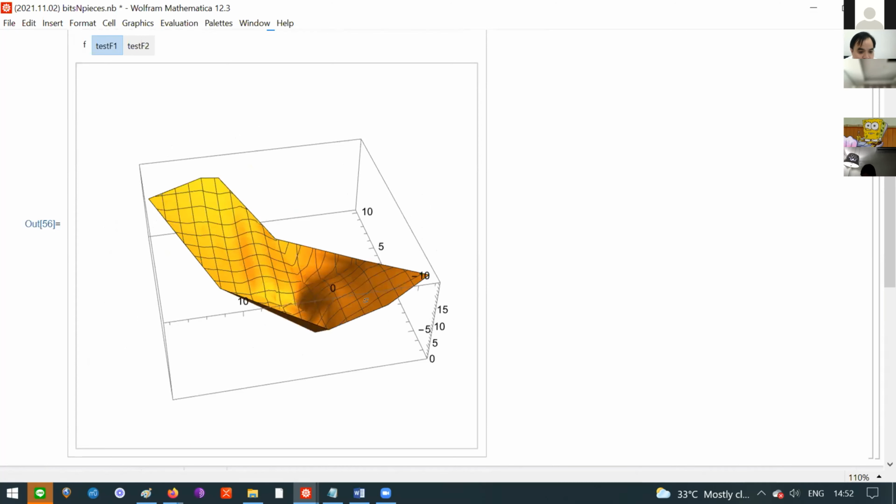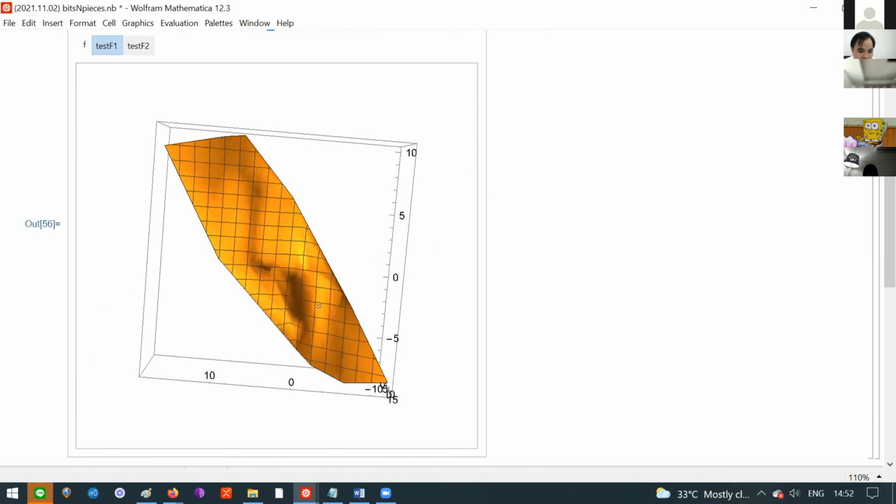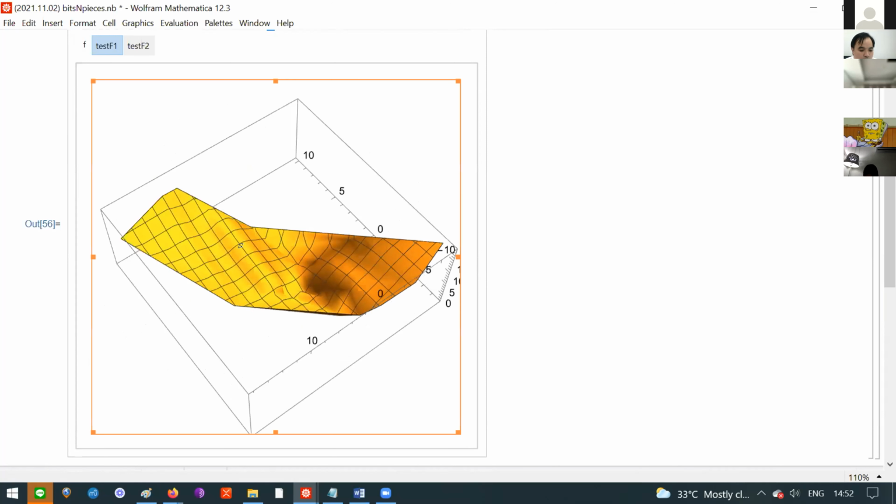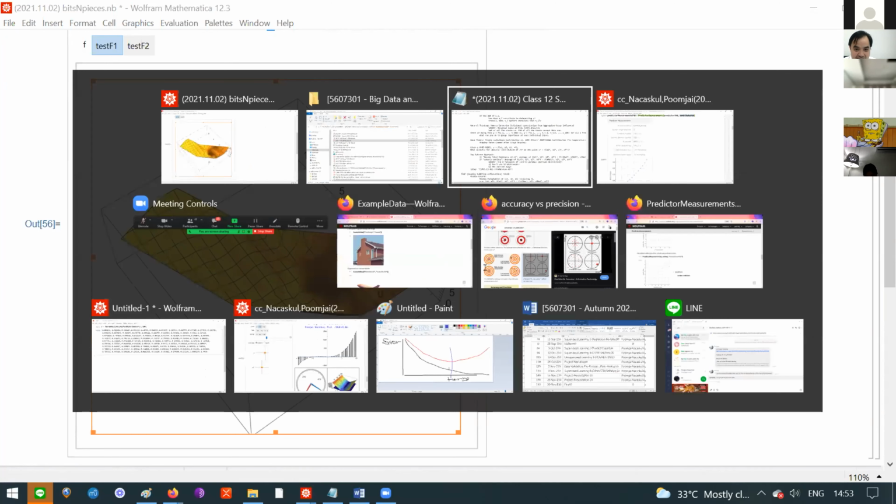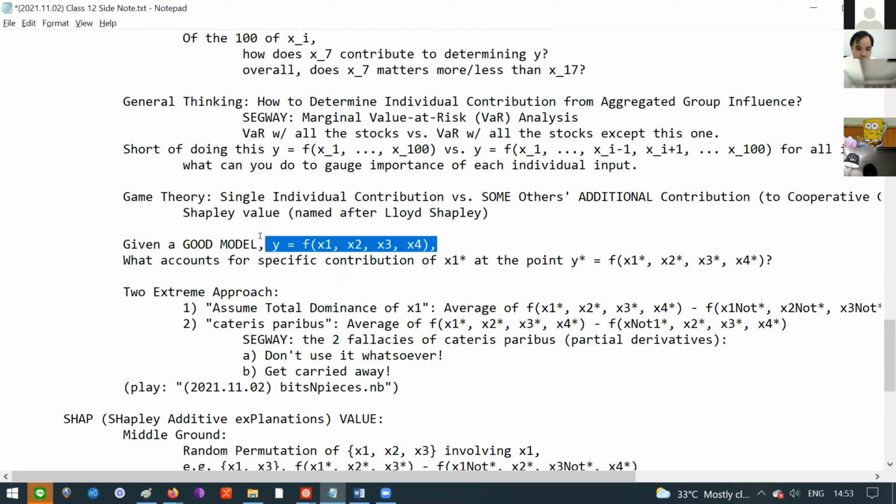I ask you: you're standing right here, at this one point. What is the contribution of x1? What makes you stand here? It's the same question, right? Now I have x1, 2, 3, 4 here, but obviously, for plotting purposes,